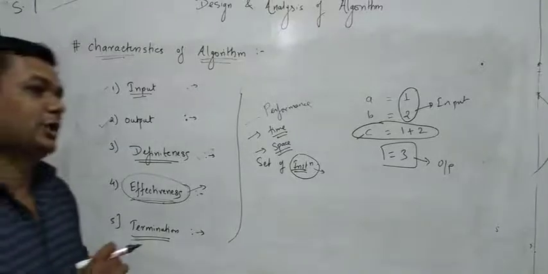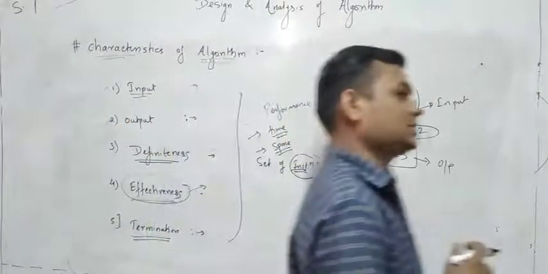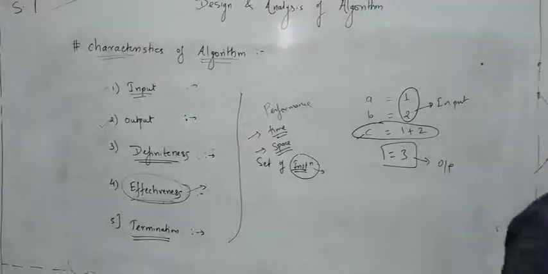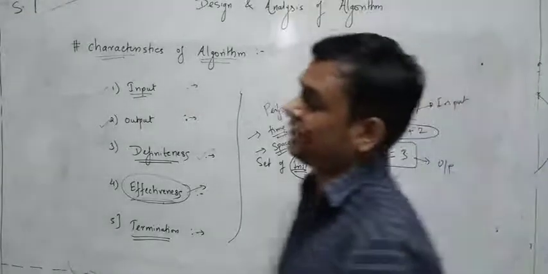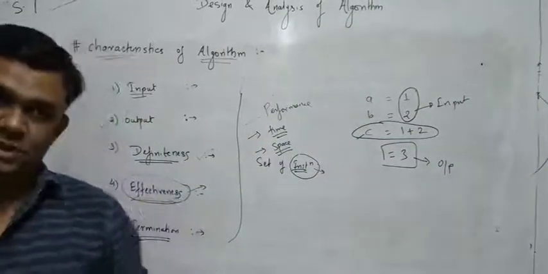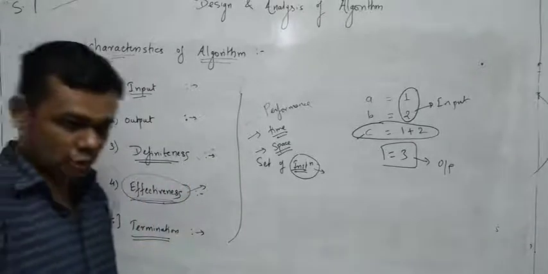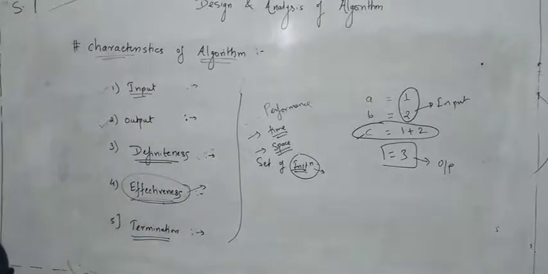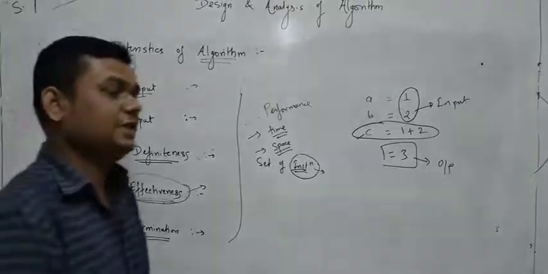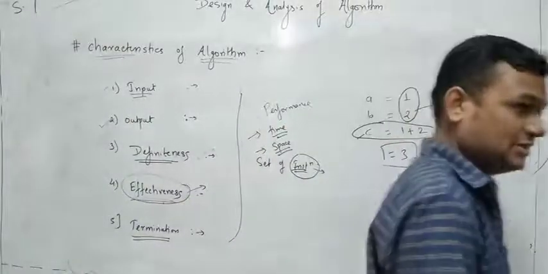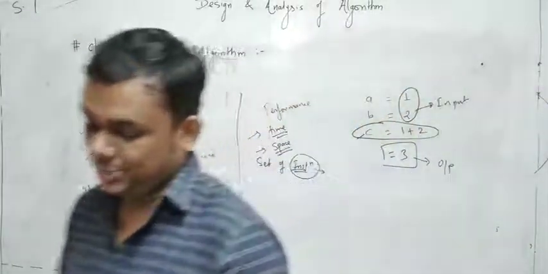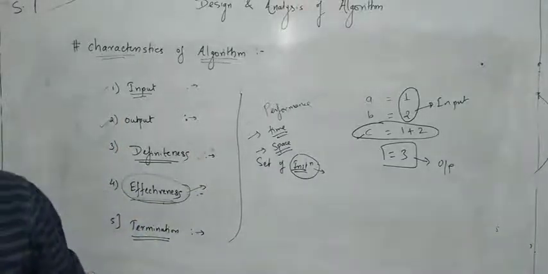Then next, input and output. Each and every algorithm requires input and produces the output. So for that purpose, we require single as well as multiple inputs and produce single as well as multiple outputs. And the last property of the algorithm is what? Feasibility. Each and every step is executed feasibly. Okay. So these are the properties of algorithm.